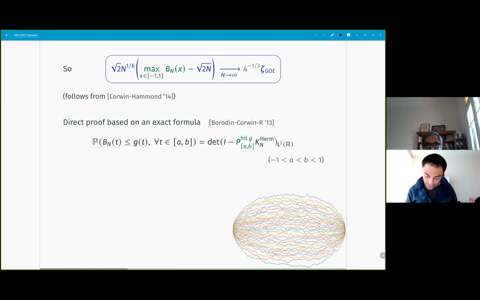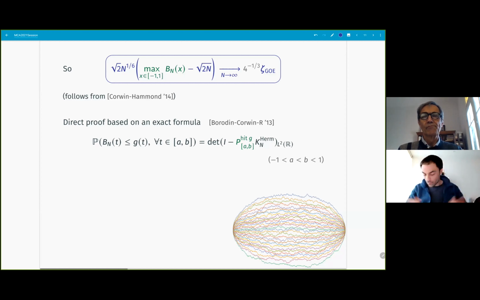I'm really not going to get into details, but let me at least tell you very roughly how one proves such a thing. One proof is the proof that I just explained. It comes from this computation at the level of last passage percolation, and then you put things together and you realize this. But there's actually a direct proof. This one uses exact formulas for the non-intersecting Brownian motions. The other one used essentially exact formulas for last passage percolation and this connection. And the proof is based on an exact formula of this sort.